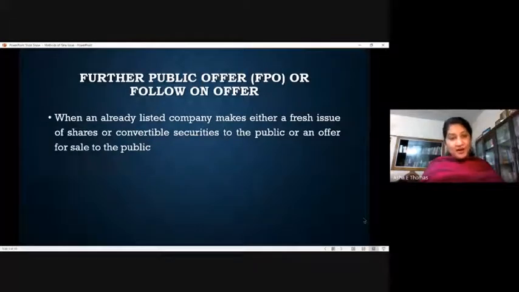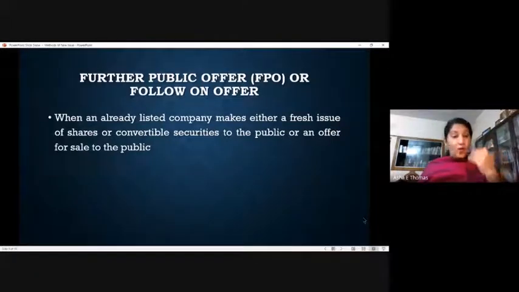So that's why I put when an already listed company, because when they went with the first offer, people subscribed to that, later they got themselves listed in the stock exchange. Now we know what is listing. Listing is nothing but entering the company's name in the official list of the stock exchange. So the company's shares will be traded in the stock exchange, say, for example, Bombay Stock Exchange or National Stock Exchange, or they can get themselves listed in BSE as well as NSE, or maybe they prefer to be in BSE only. It's their choice, but listing will be a mandatory condition for these companies to allow liquidity for their shares.